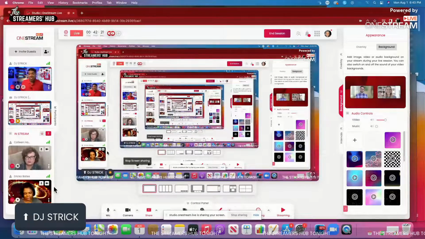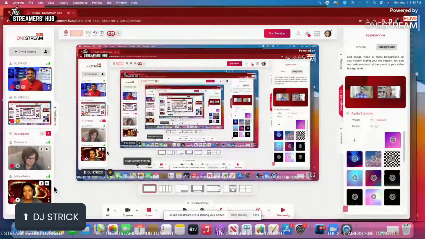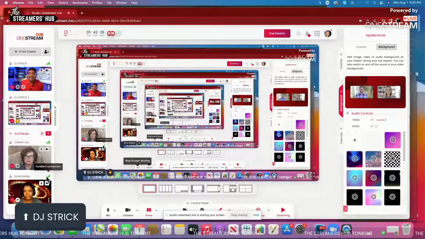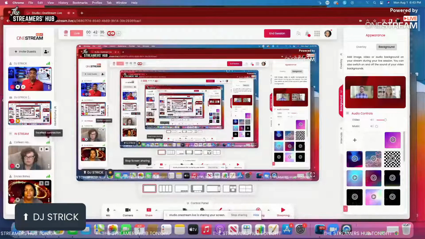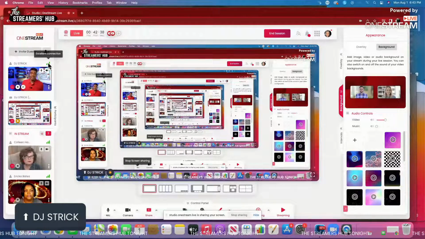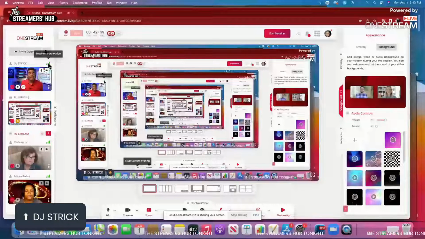So if someone was buffering a little bit, I'm not saying the audio wouldn't be bad, but I would know if Erica didn't have great connection. So if you can see, I'm actually hovering over her bars and it says excellent connection. And the same thing here. And of course, I have excellent connection. I mean, I'm wired in. So there you go.